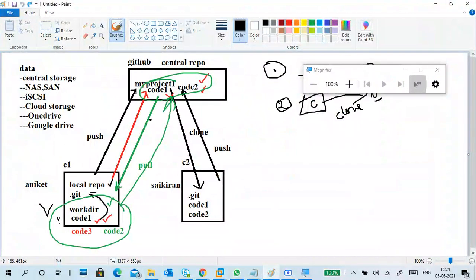I created a file, I added this file to the local repository, and I created a central repository.